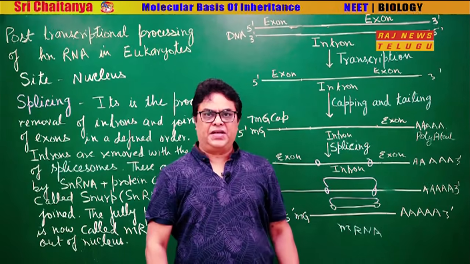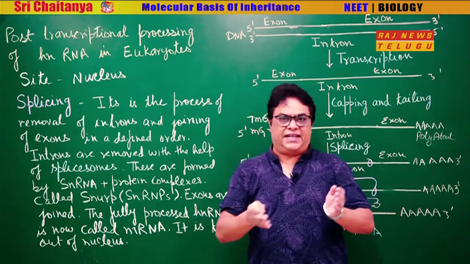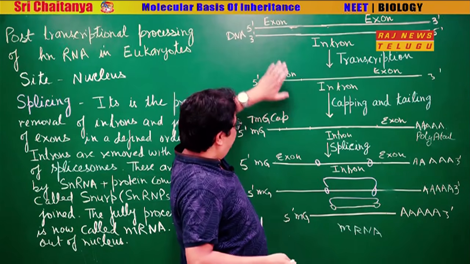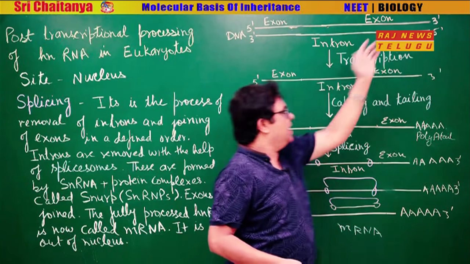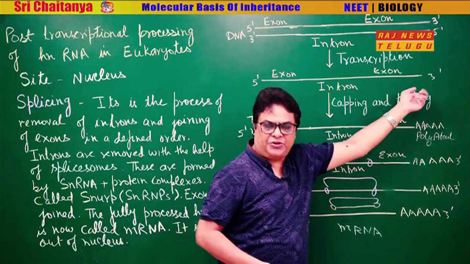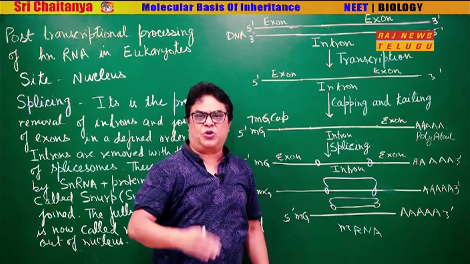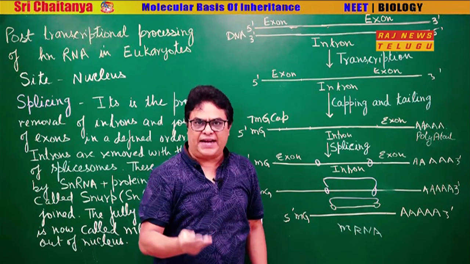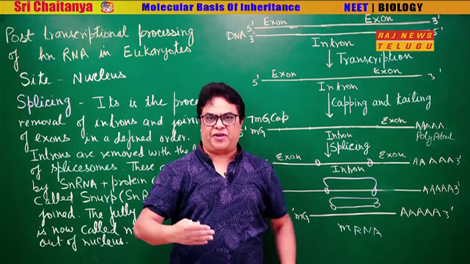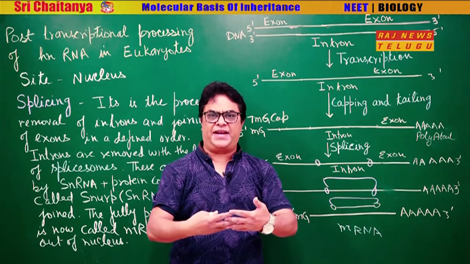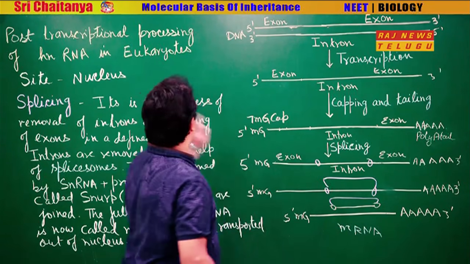Now, the other process is splicing. Now, what is splicing? In splicing, I have said that the gene that is transcribing the RNA has two types of portion, exons and introns. In the hnRNA, both are represented, as you can see. In the splicing process, the introns are removed because introns do not have to undergo translation. So, the introns are removed, and exons are joined to form the mRNA. So, removal of introns and joining of exons to produce the fully processed mRNA, this is called splicing.